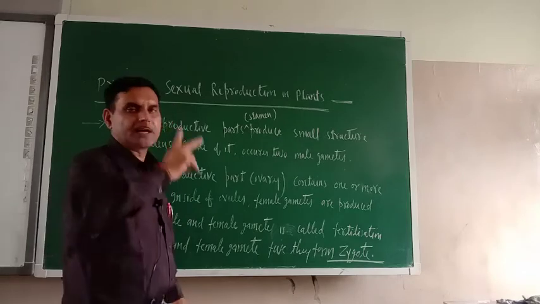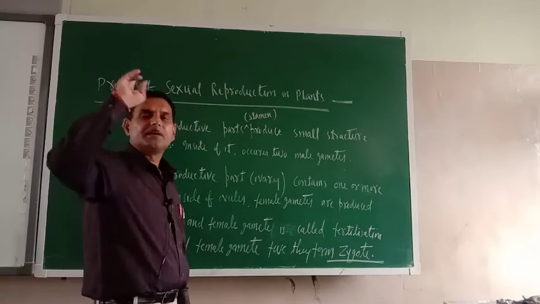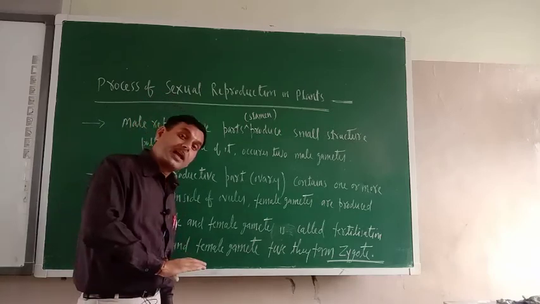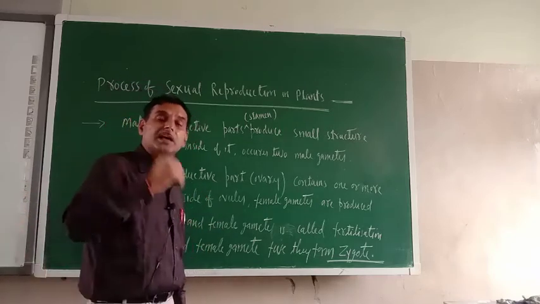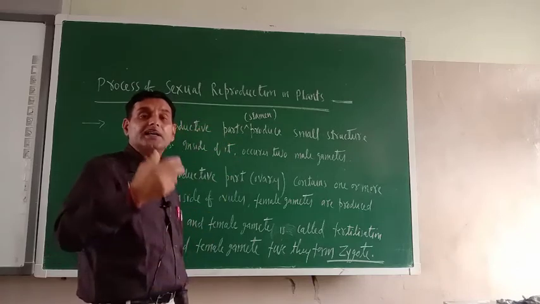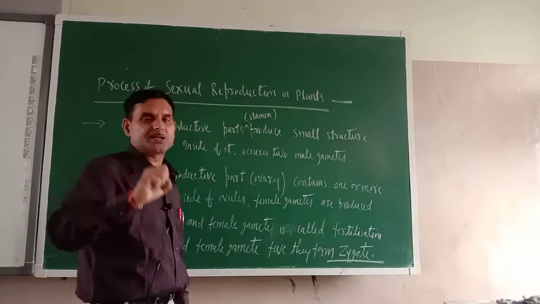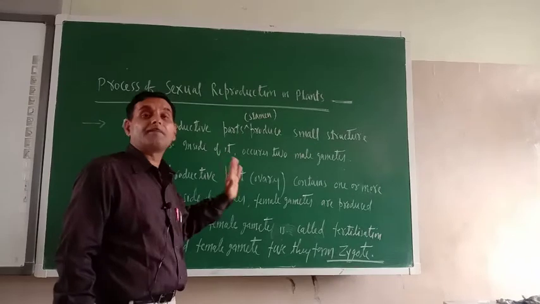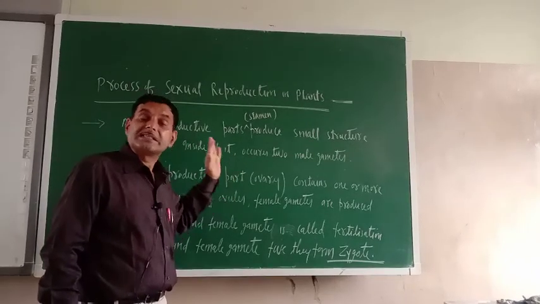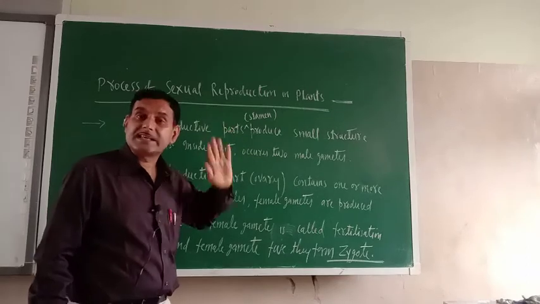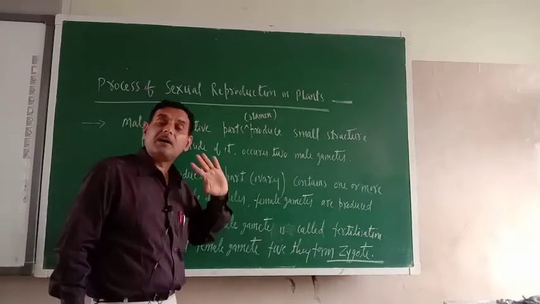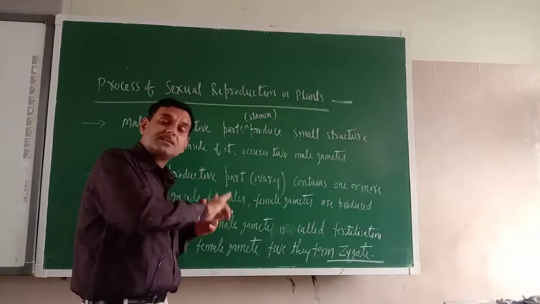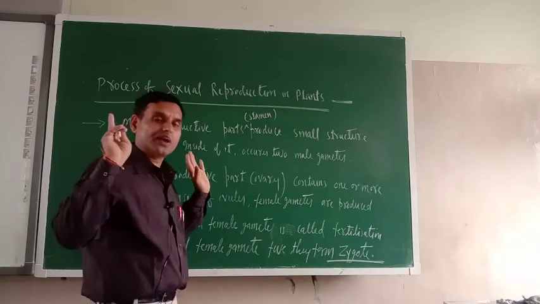Okay. It is true that male gametes are produced by the stamens, female gametes are produced by the ovary or pistil. Okay. But how male gametes will reach the female gametes in the flower or in the plant, that is done by pollination. So what is pollination here? Pollination is the process of transfer of pollens from stamens to stigma of ovary. Okay. Transfer of pollen from stamens to stigma of ovary, that is known as pollination.